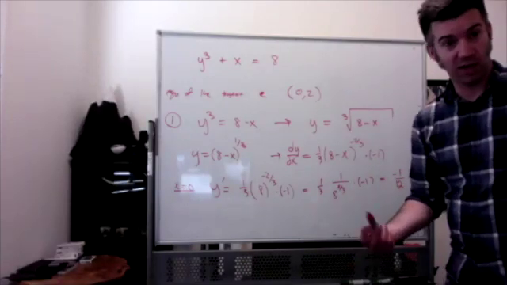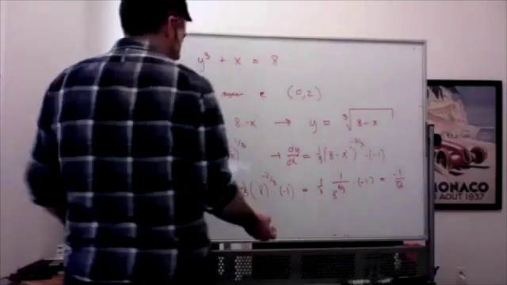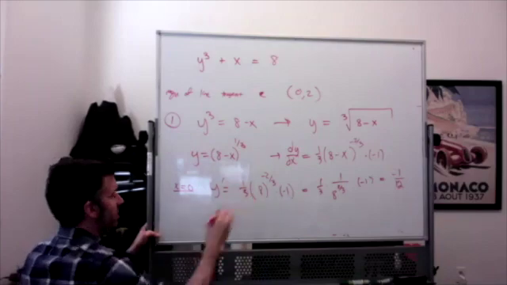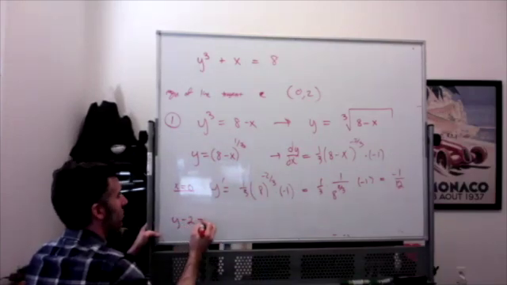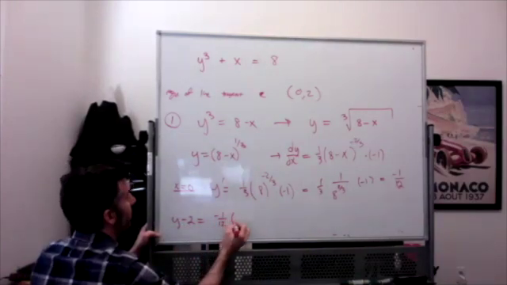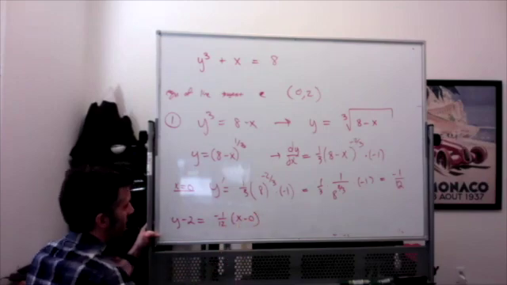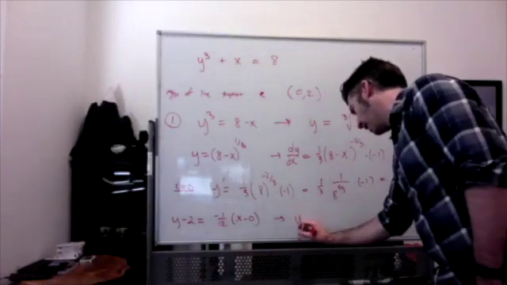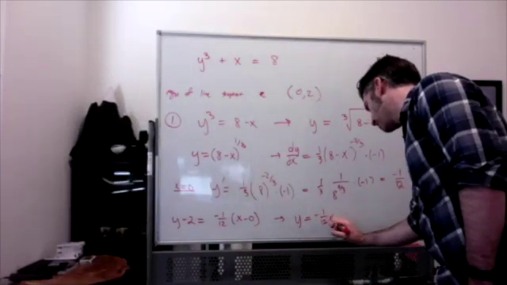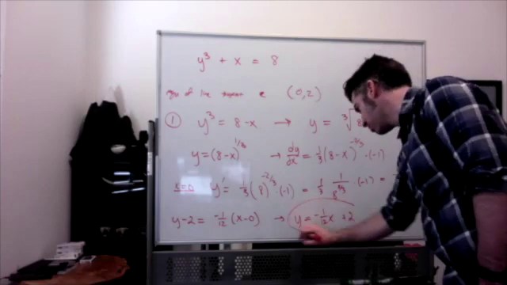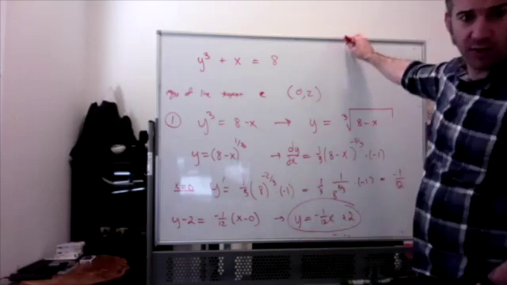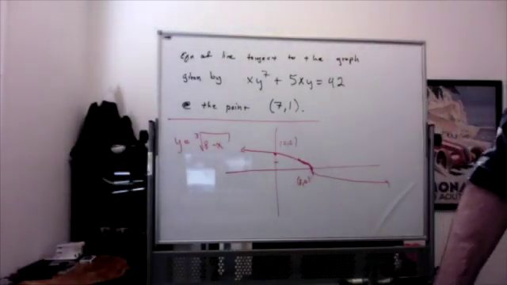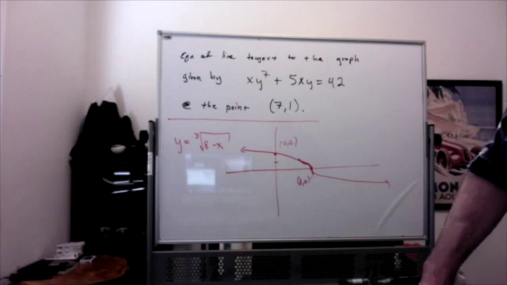So one way we could calculate the equation of the tangent line would be to say, okay, I've got my point, 0, 2, and I've got my slope. It's going to be y minus 2 equals negative 1/12 times x minus 0. And then we could solve and get y equal to negative 1/12 x plus 2. Which looks reasonable, right? If we look back at the graph, if I try and draw on the tangent line,